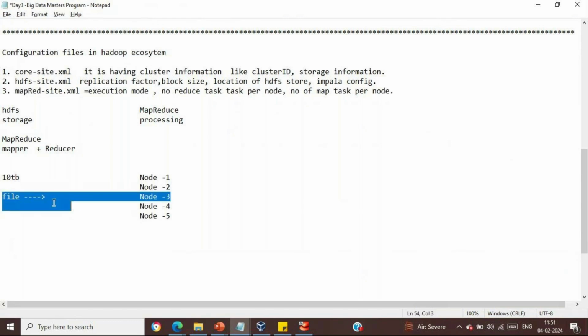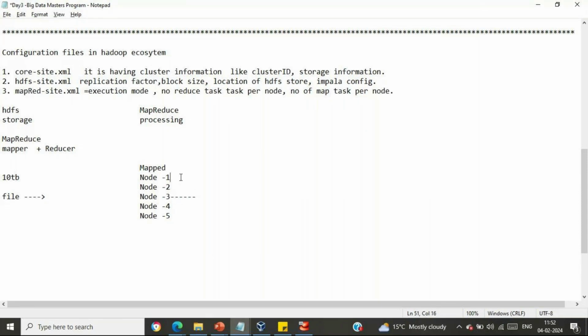So what I will do, I will divide this data into blocks, and these blocks are mapped onto these particular nodes. Try to focus over here. Say we will be having 2 TB over here, 2 TB over here. So each and every node will be having 2 TB of data. Forget about the replication and all at this moment. Now